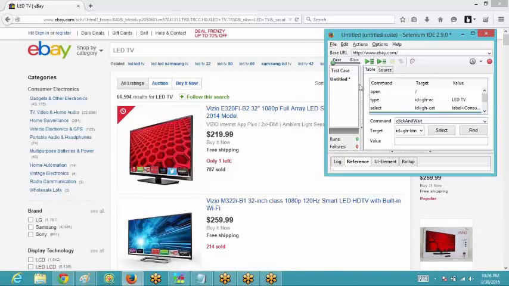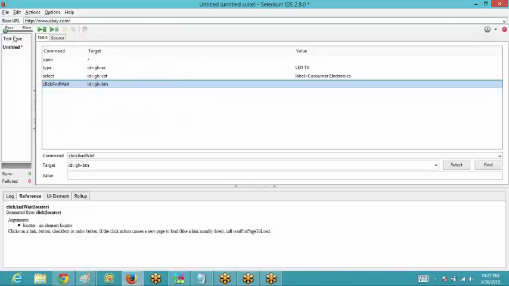Now over here, can you see that? Okay, let me maximize it. There is a bar present over here with the name fast and slow. Are you able to see that? And there is a green button also present. By default it is in the fast mode.